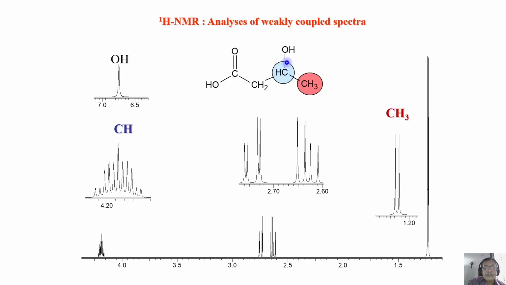Each line of the quartet is going to become a triplet. Remember my statement. I said because of CH3 it will be a quartet, not it can be, it will be a quartet. But further, in our understanding, if it is coupled to the CH2 group, each line of the quartet must be a triplet. But I am not stressing that yet. That is a different reason for it. Right now, I simply say that CH has a multiplicity pattern coming like this. Of course, one of them should be a quartet because of this. The remaining, we will see why it is coming later.